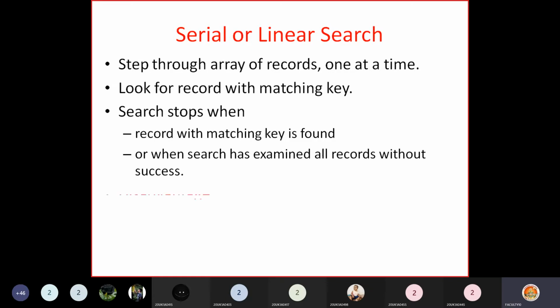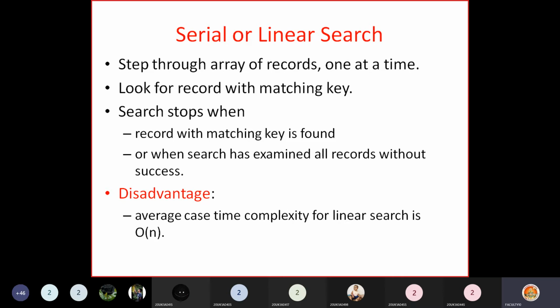But this is not efficient. The disadvantage is its average time complexity is order of n. In algorithms, this order of n complexity is considered a poor performance algorithm.